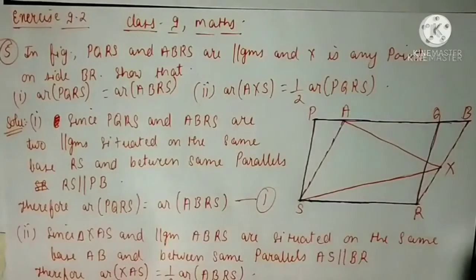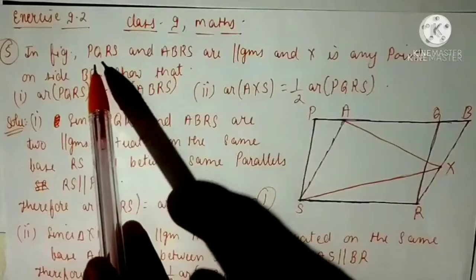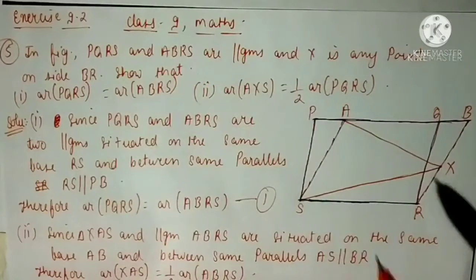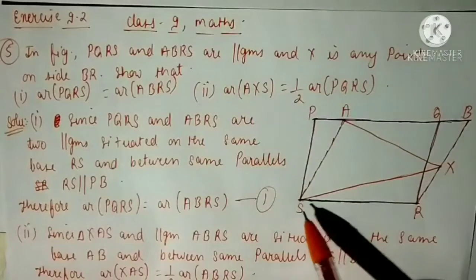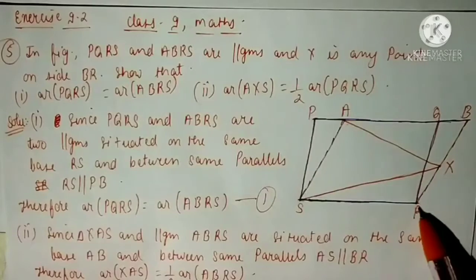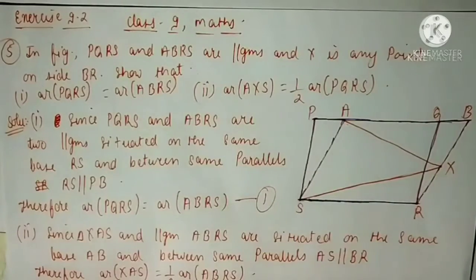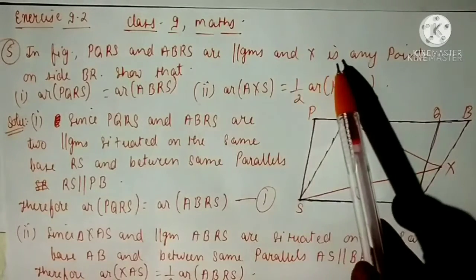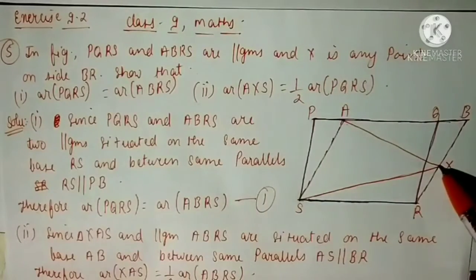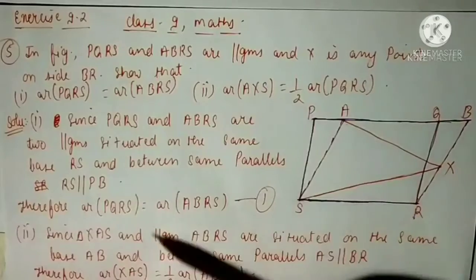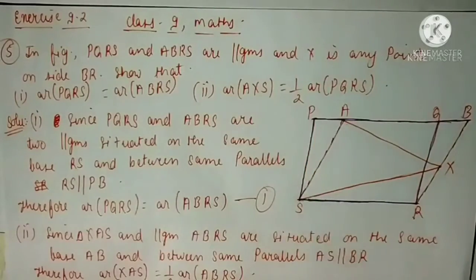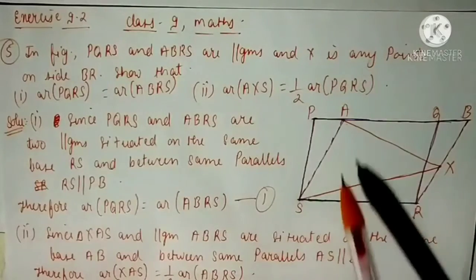Now see the fifth question. In the figure, PQRS and ABRS are parallelograms. See, this is PQRS and this is ABRS. These two are parallelograms and X is any point on side BR. Now we have to show that the area of parallelogram PQRS is equal to the area of parallelogram